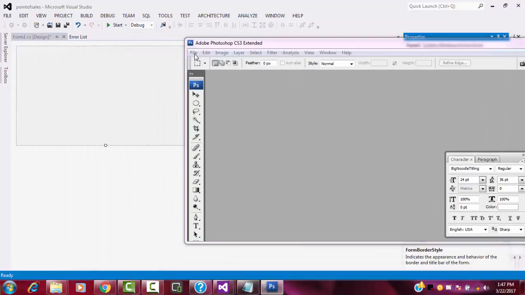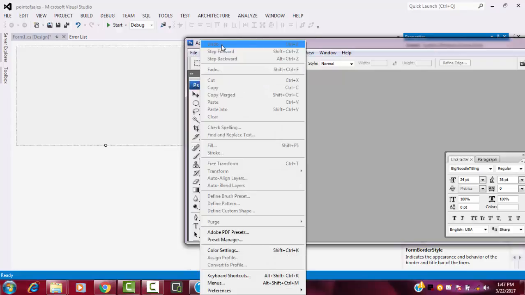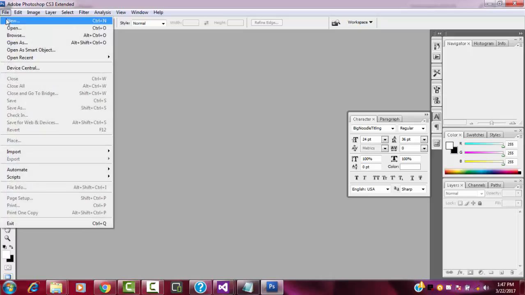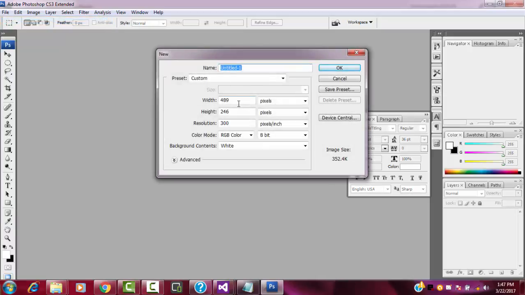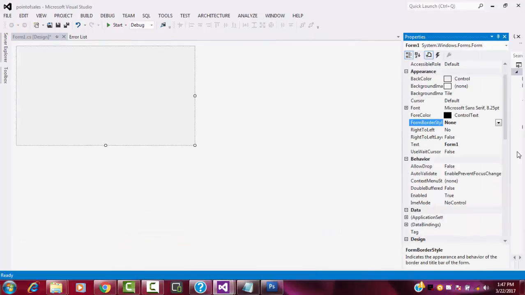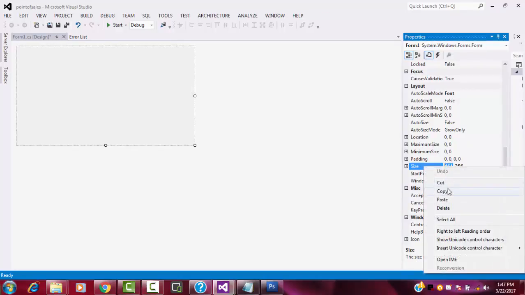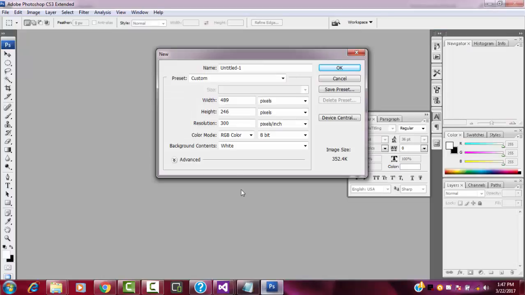Here, this will be the file. If you open Photoshop, this will be the user interface. Go to File, New. Here you can measure the size. What is the size? Click on this here. This will be the height. You just copy here, go to the Photoshop window. This will be the width, just paste it, and again the height we must